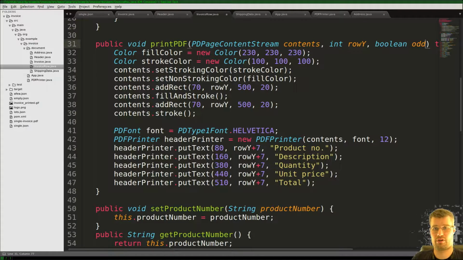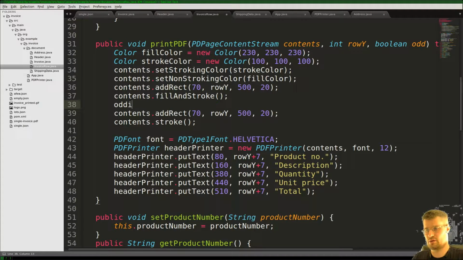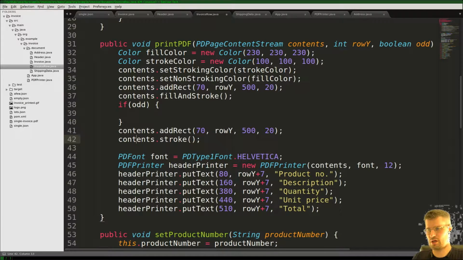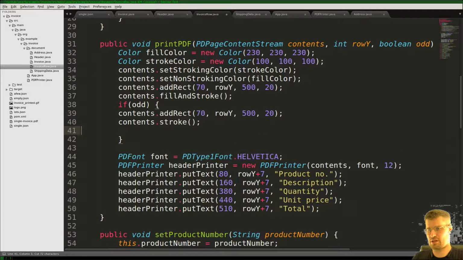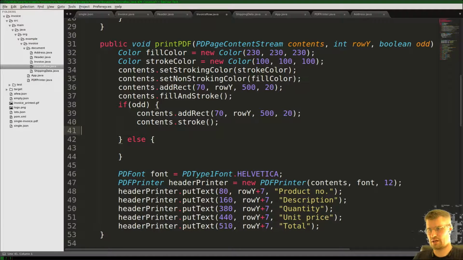Call that odd. So if the value is odd, which is the first one we start with, then we stroke, and if it's even, we fill and stroke. That will give us